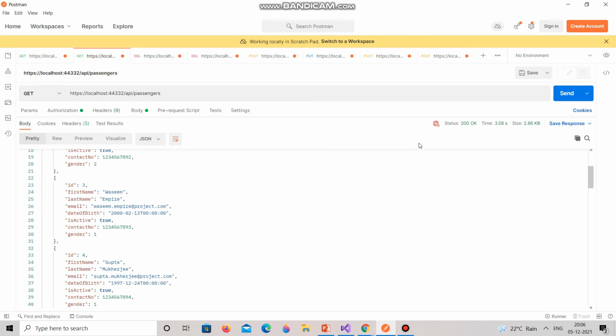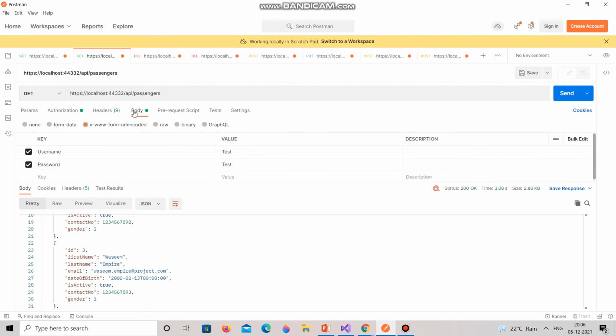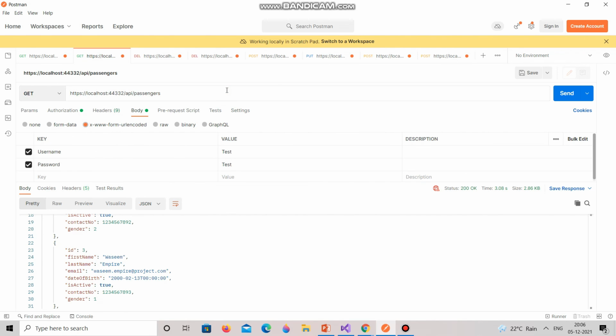This is one of the features of Postman actually. We can perform other methods like post, put, which is update, patch, delete, copy, etc. Many methods we can apply here, and we can call them from the controller of each web API.